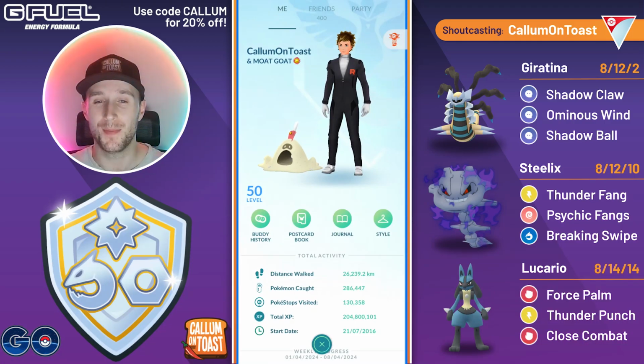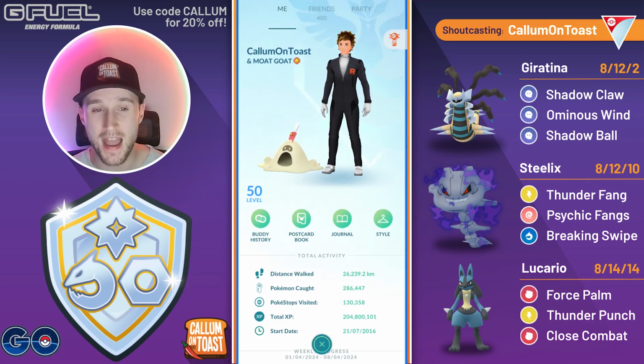What's up everyone, I'm CallumOnToast, and in today's video I'm going to be showcasing some battles in the Fantasy Cup, running honestly not a particularly spicy team by my standards, with Giratina, Shadow Steelix with Thunderfang, and the new Force